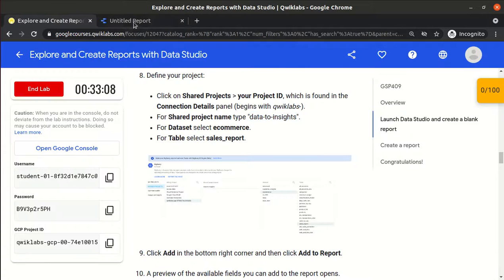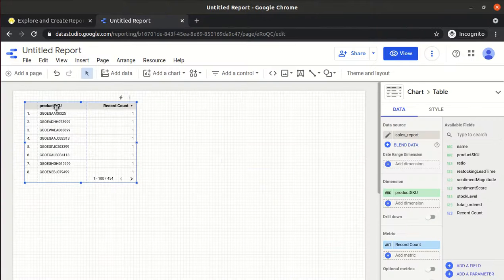If we want to show more in the form of graphs, like the product SKU or any other column name, and rather than record count we want some other metric, like a percentage, we can change our dimensions and our metric from here. So let's see that.